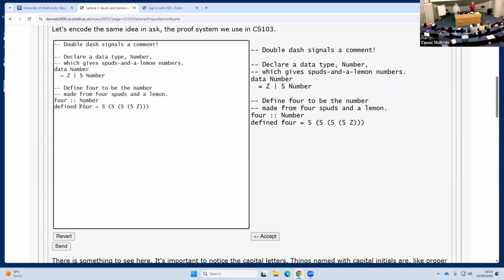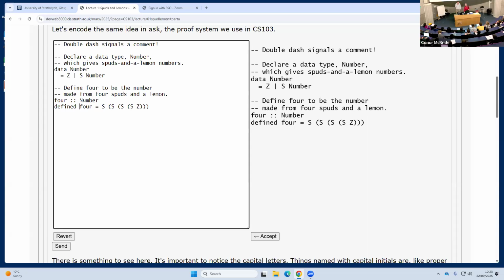Right. So when you see a word in ask that begins with a lowercase letter, like 4, those words are common nouns. They stand for something else. So there isn't a whole separate new kind of number called a 4 that isn't made from spuds and lemons. We've said that 4 is defined to be one of the numbers that already existed when we said,